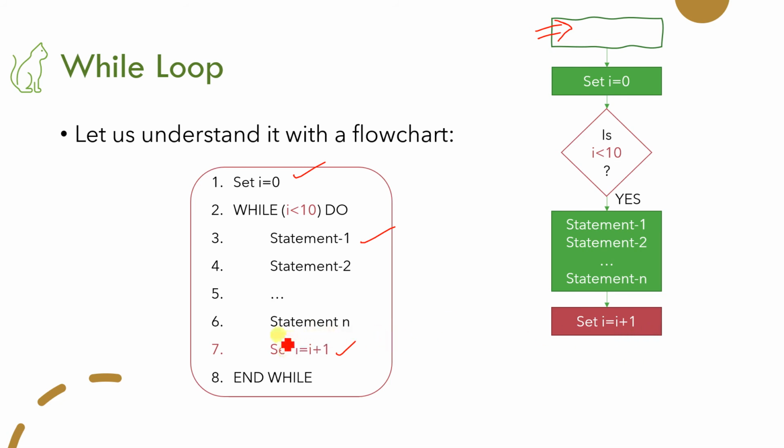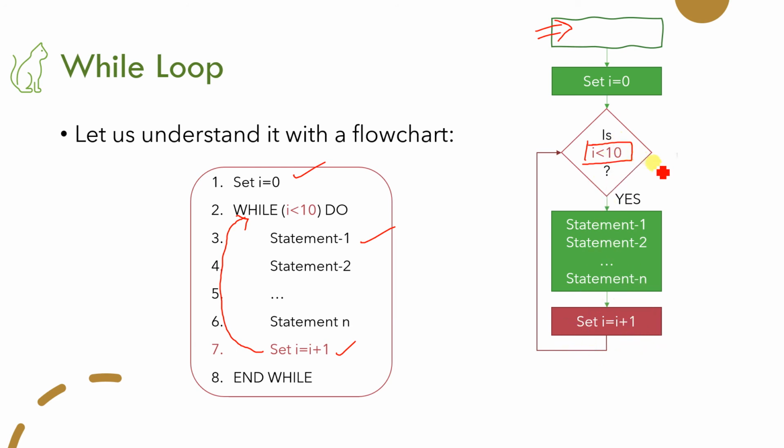Then the control goes from here to here, something like this. The I value gets incremented, and it will check whether I is less than 10 or not. If it is yes, all these statements get executed, then the I value gets incremented, and the control goes again. So every circle it completes, one iteration completes. Finally, at some moment of time, this condition is going to be false. So I is less than 10 is going to be false. Why? Because this is driving it.